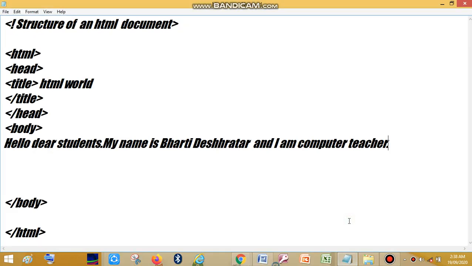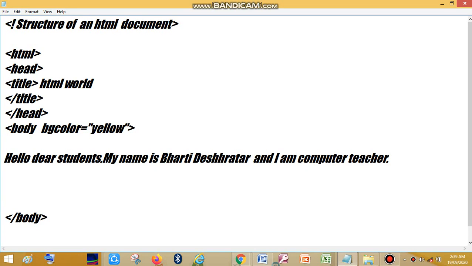If you want to change the background color of the web page, for this you need to write bgcolor in the body tag and then write the name of the color, like yellow. And suppose you want to give color to your font, then you have to write the font tag.